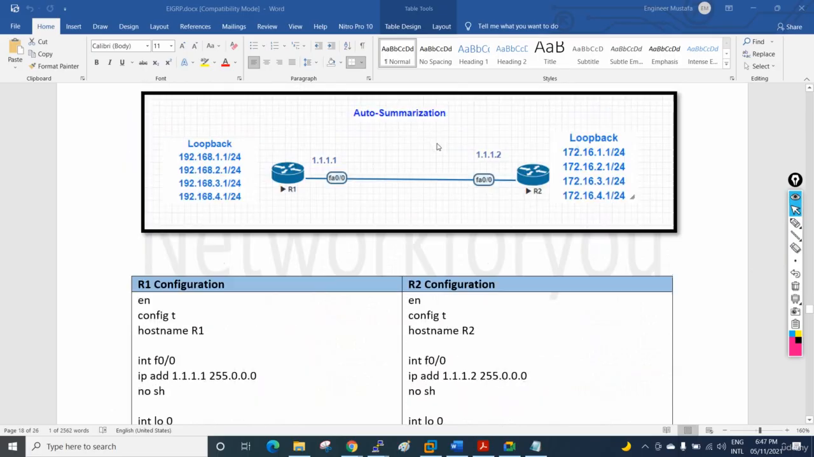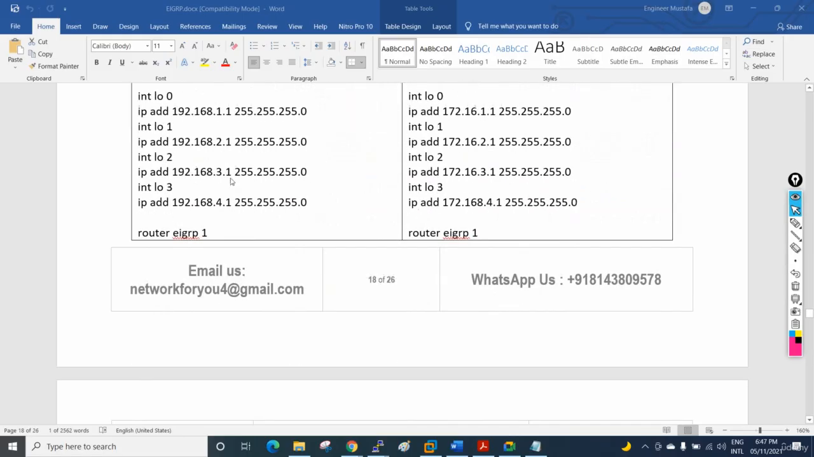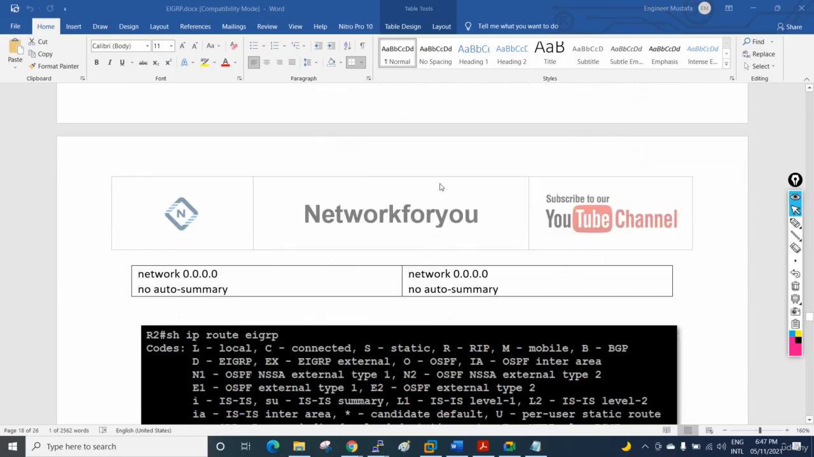So this is the configuration. What we will do, we will take two routers and assign IPs here: 192.168.1.1, 2.1, 3.1 and here 172.16.1. Then we will write router eigrp 1, and then we will write the command network 0.0.0.0. This is used to advertise all the interfaces. For lab purposes we will use this, but for the production network you will write the network ID,